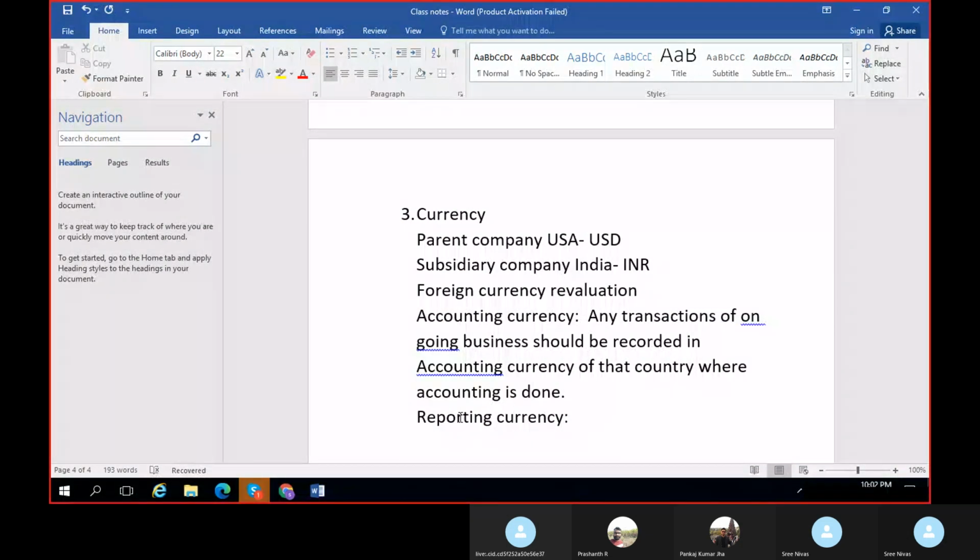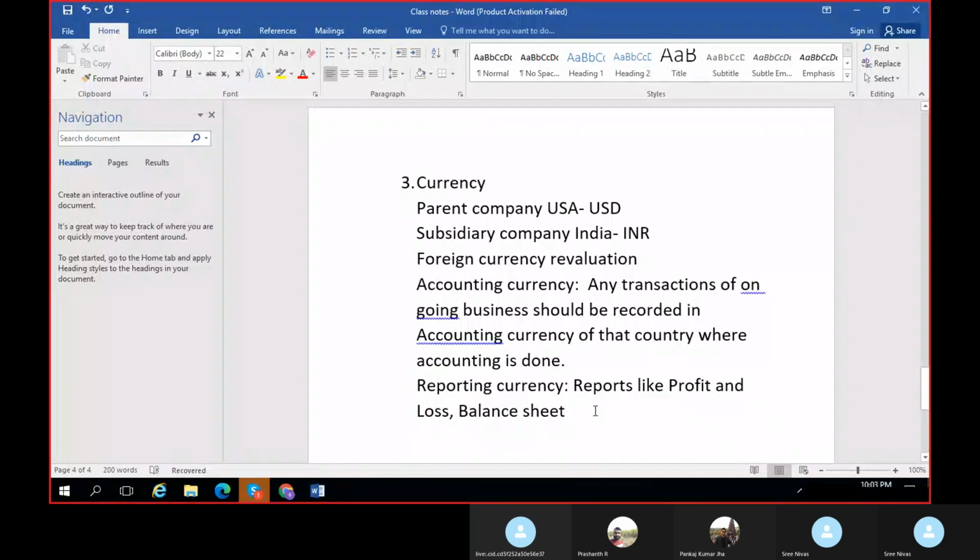So these reports should be recorded in USD. So mostly reporting involves reports like the balance sheet and profit and loss. These should be reported as per the